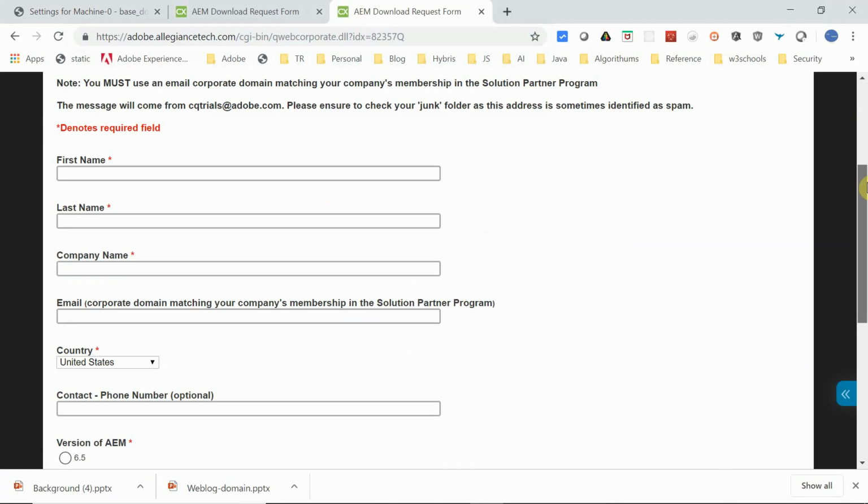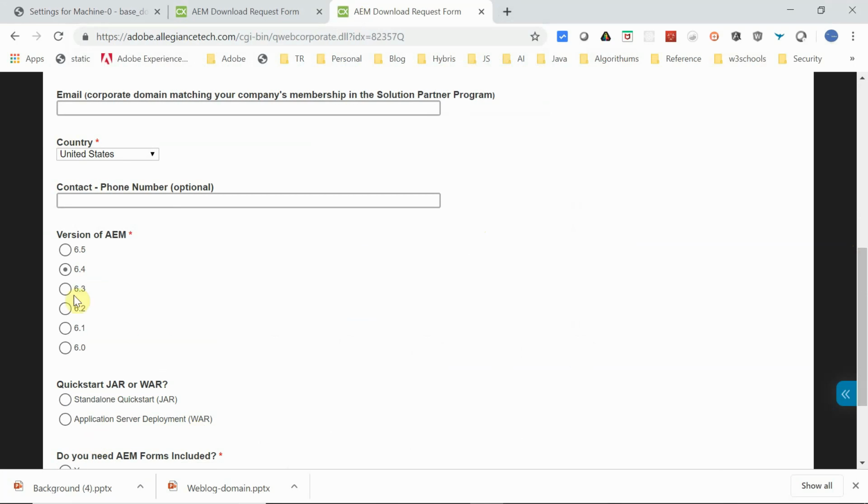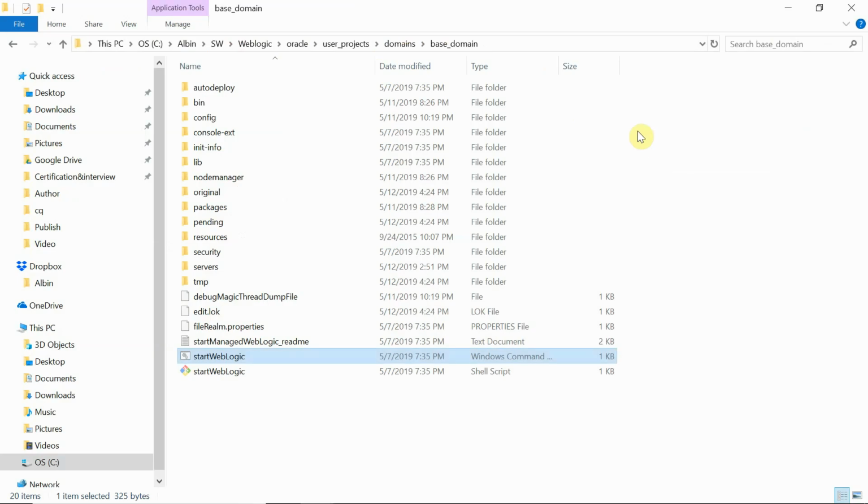Here you have to fill in the basic details, your first name and last name, and give your corporate ID. Once that is done, select which version you need and the application server deployment WAR file. You will receive an email along with the link to download the WAR file and the license file. Once you receive that, download and keep it ready. The WAR file you receive is a basic one.